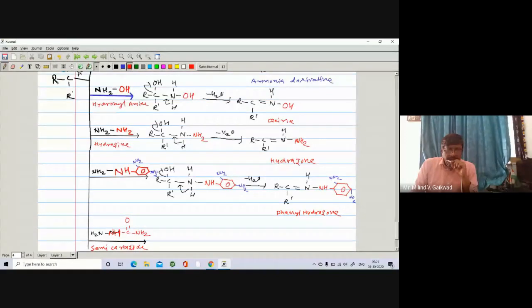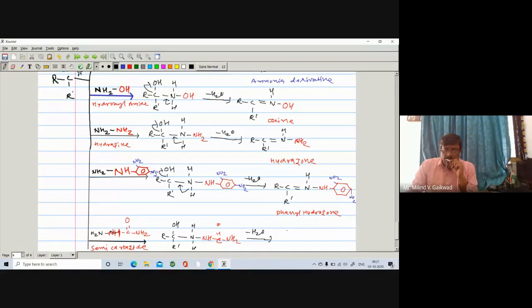So this semicarbazide reacts with a carbonyl compound. So you are getting here R, same thing R, here is R dash, here is OH, and the remaining part as it is. Here is an H, and only the G group is urea. So the G group is urea, meaning NH CO NH2, urea, right? Further, it undergoes dehydration, removal of water.